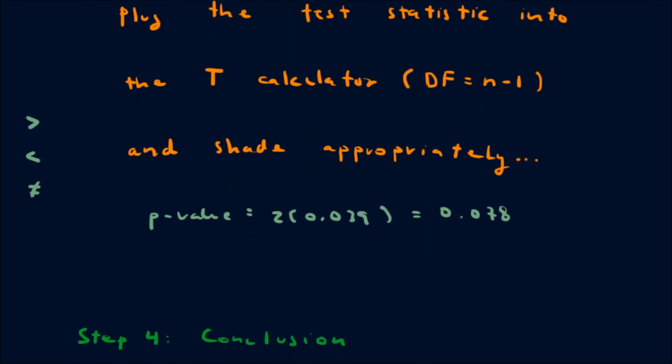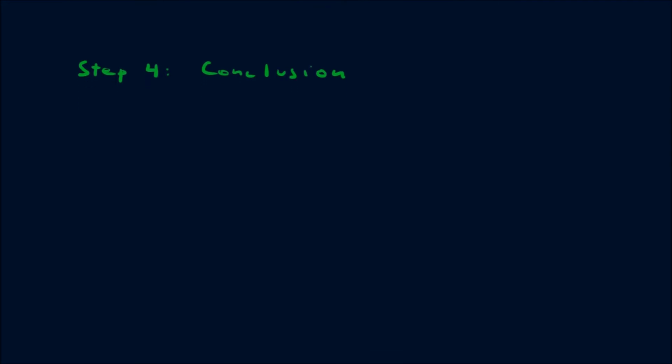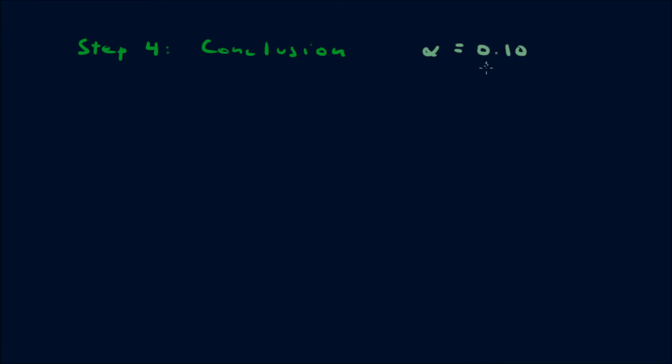And then your last step is reaching a conclusion. For any hypothesis test you ever run, your conclusion just involves comparing the p-value to a given significance level. For this problem, we'll say the significance level is 0.10. So there's no mathematical formula for this. This is just something that's given. It's usually something small, 0.1, 0.05, 0.01. But in this case, we have that